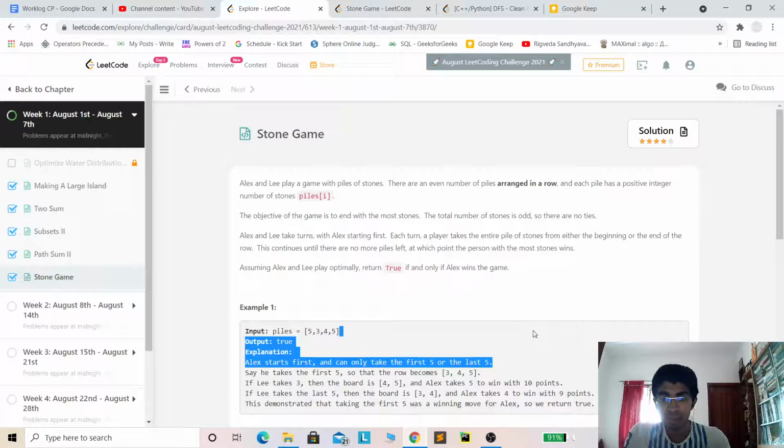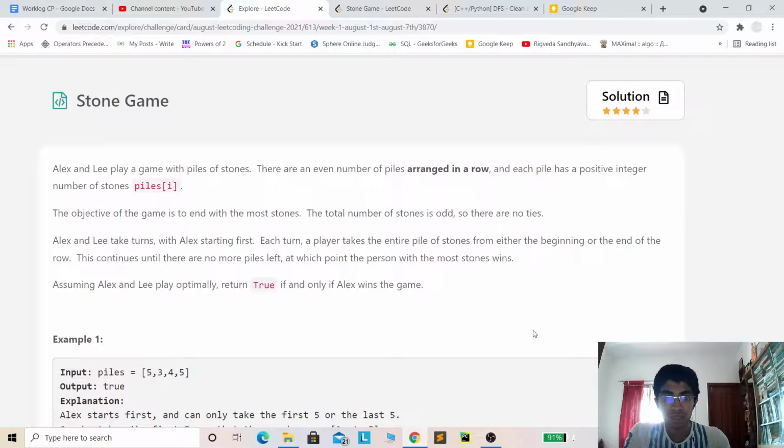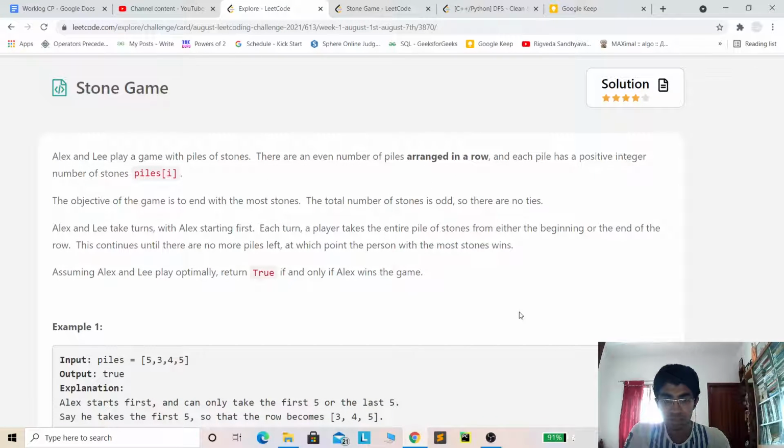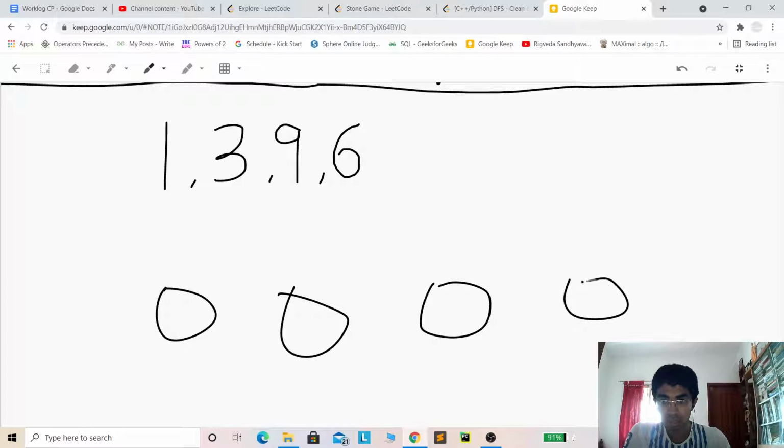Let's discuss the second approach. The second approach is based on some observation. One thing we can notice is that each player has to choose only one coin, only one value, right? There's no condition that you have to choose a consecutive number of elements. So he has to choose only one value, and the size of the array is even. Let's say the array has 6 elements.